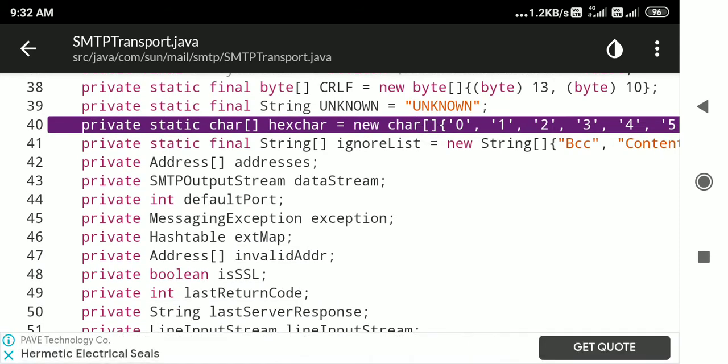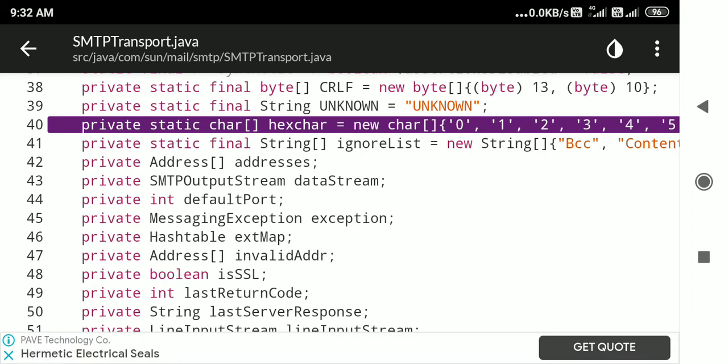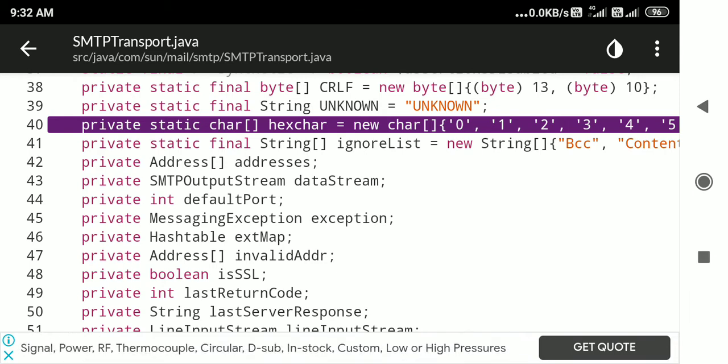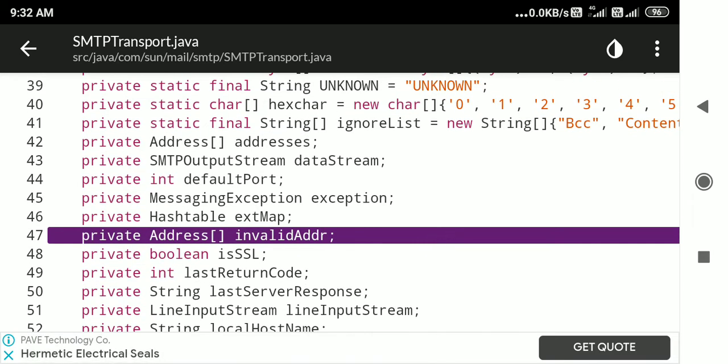First thing is private address. When you call the particular function, you have to pass an address, then the data stream, then the default port number, then a message exception.